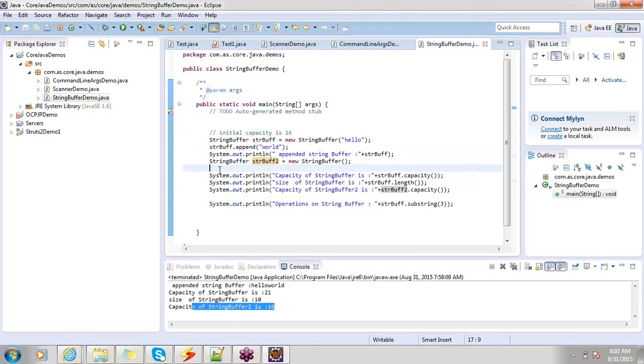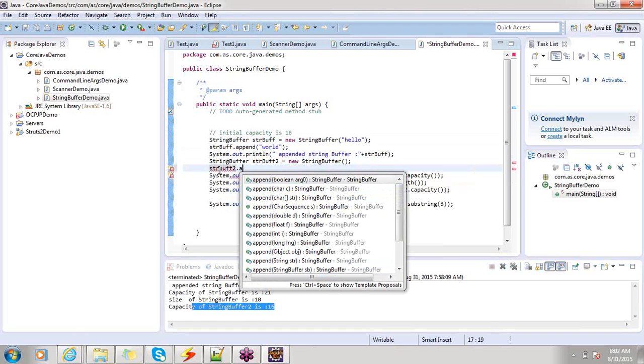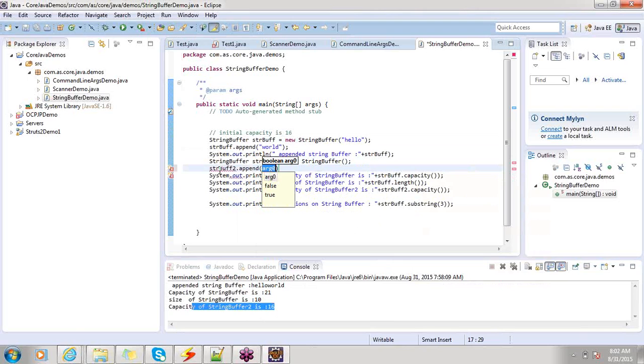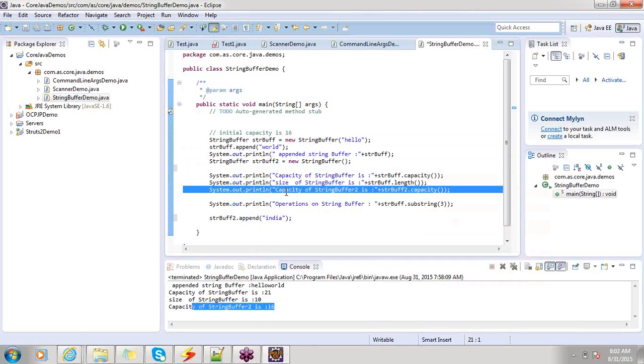Please observe on string buffer 2 only. Dot append, I say. I'm going to add some. I mean to say, I'm appending India over there. How many characters? 5 characters, right? So let me copy paste this and display